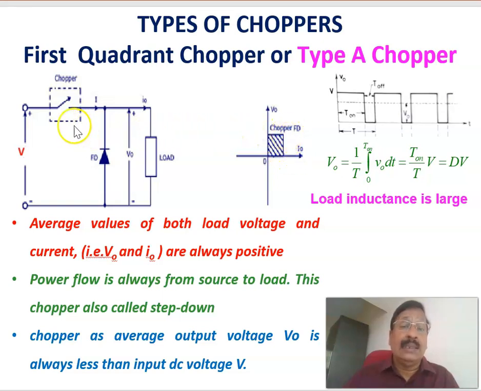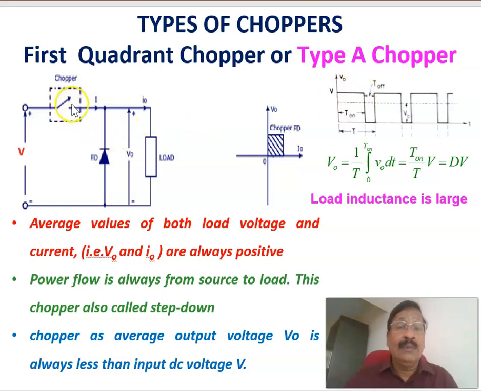And here let us see the working. This is the circuit topology, in which this is a chopper switch, this is a freewheeling diode, and this is a load. When the switch is closed, you can see that the diode is reverse biased, because we are getting a positive voltage, and the voltage across the load is the same as the input voltage V. That is why during the T on period of the switch, output voltage equals